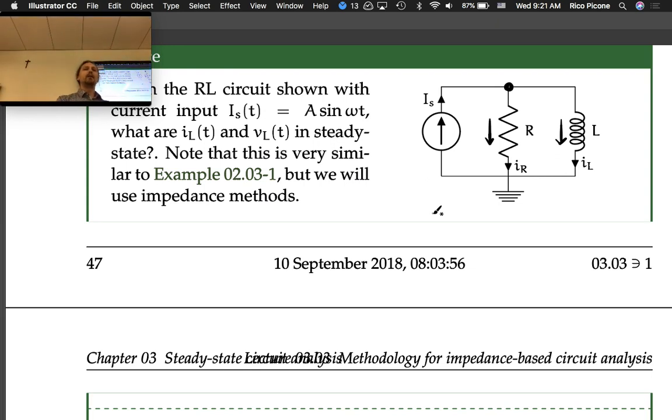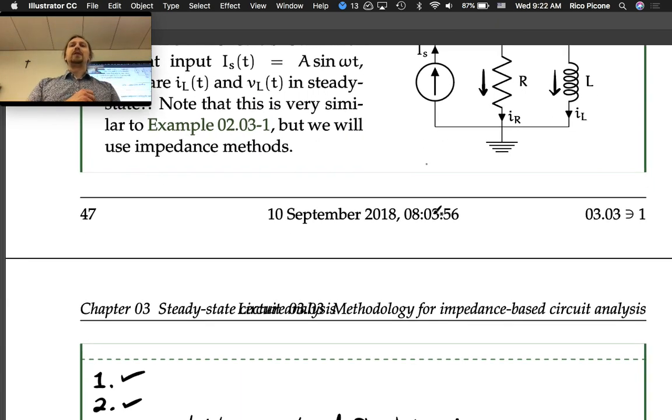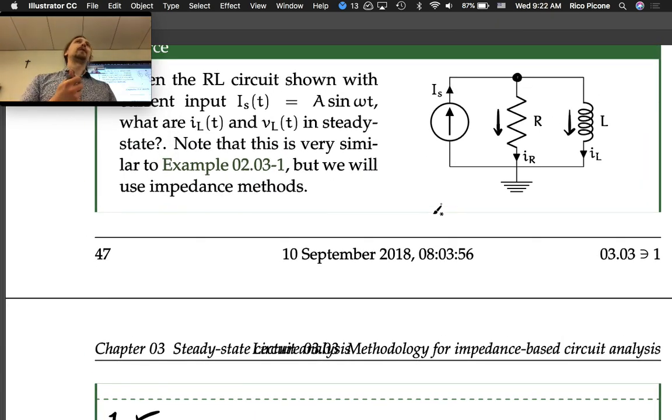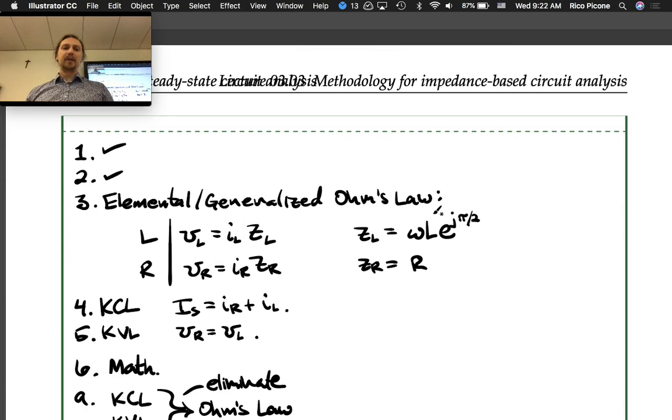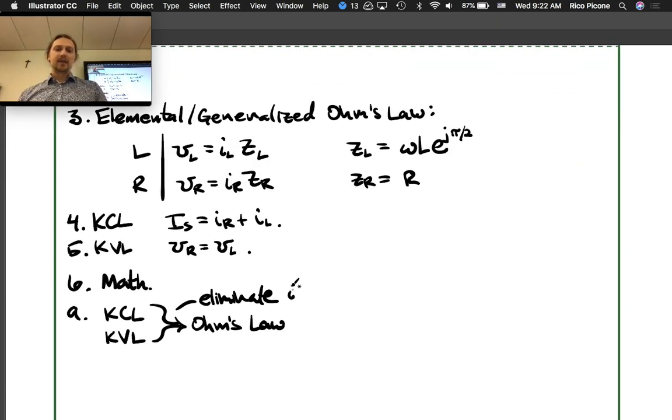So I guess what I'm saying is we can eliminate any variables we want, but we probably shouldn't eliminate the ones that we want to solve for, because then we got to go back and find them later. So let's do IR. Okay, so IR, let's eliminate IR, and then we can choose another one too, right? So we can eliminate IR,